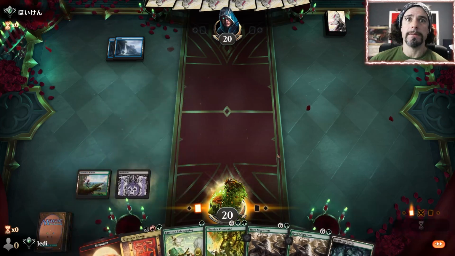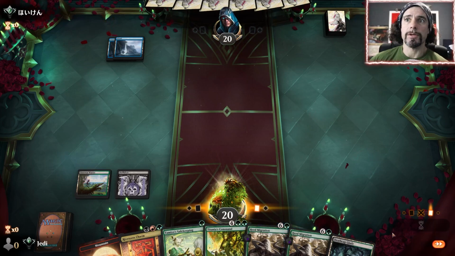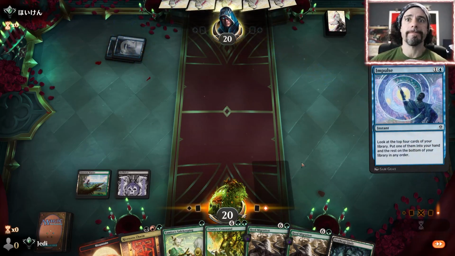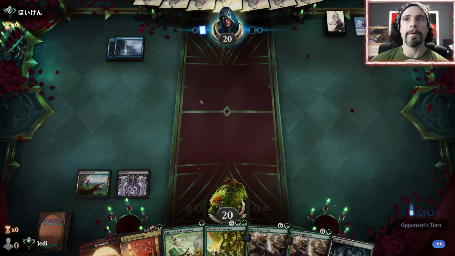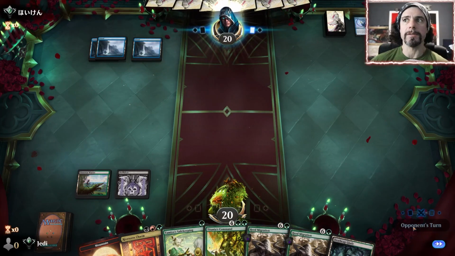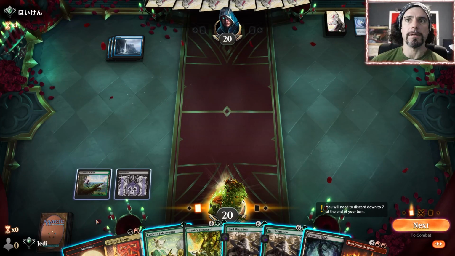All right, well, let's just go here. Probably go ahead and just Herd Migration both times. Keep hitting our land drops. Like I said, I don't feel great about this matchup, to be completely honest with you guys. You know what? I'm not going to Migration here because I want to make our life total as high as possible. And so taking damage when we don't need to, I think is...